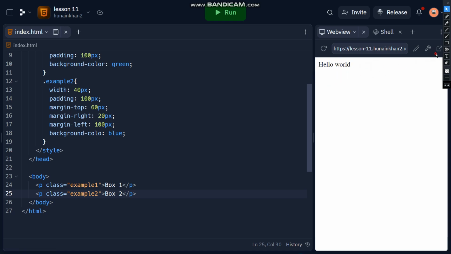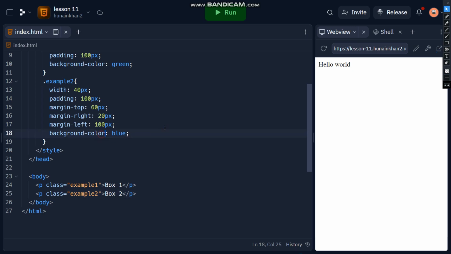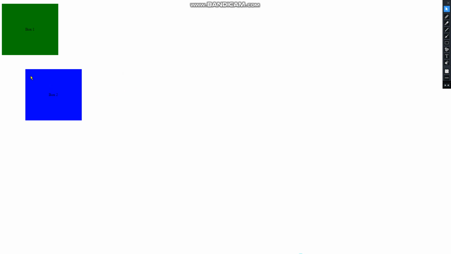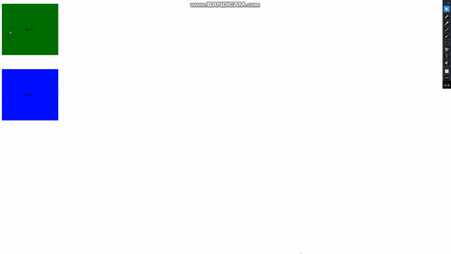Hope this works. No, okay, we're going to have to open a new tab. Okay, looks like there's something wrong with the color. There. Okay, the typo is fixed. So now we have a box. As you can see, it's not hugging the wall, but instead it's a bit far away. That is the margin acting up. The margin is keeping distance from the left. So if I decrease this margin to 0, it will also hug the wall,